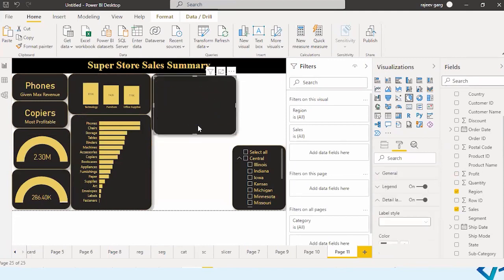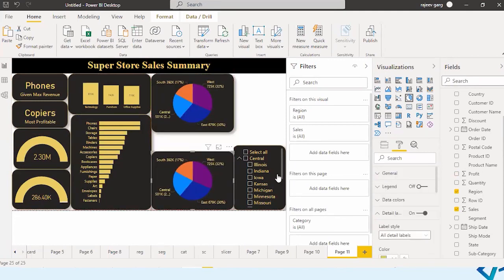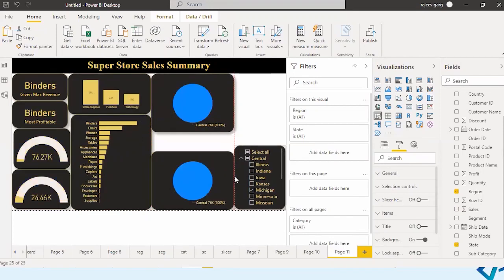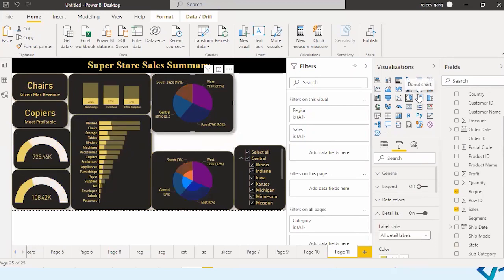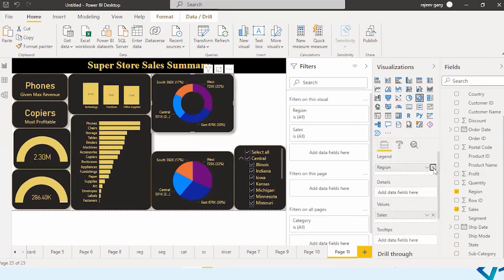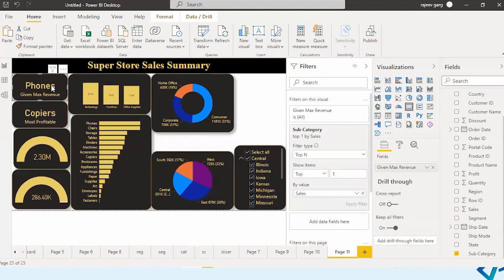I can create a copy of this. This is the pie we have. So instead of pie, I would like to take a donut on this. And here, instead of region, let me try to take the segment. I'm getting the segment sales over here. This, and let me try to take a copy of this.